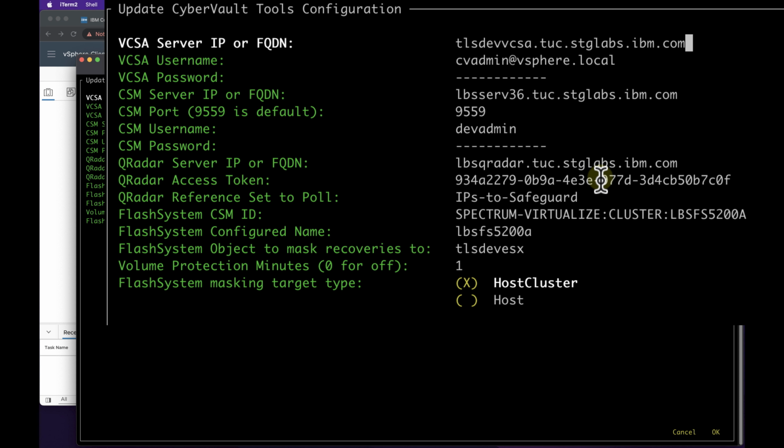So it can't even access QRadar beyond just retrieving, kind of like a mailbox, messages for which IP or vDisk or data store needs to be protected. We have the storage information in here, which cluster is involved with the recovery, and then you'll see here we've